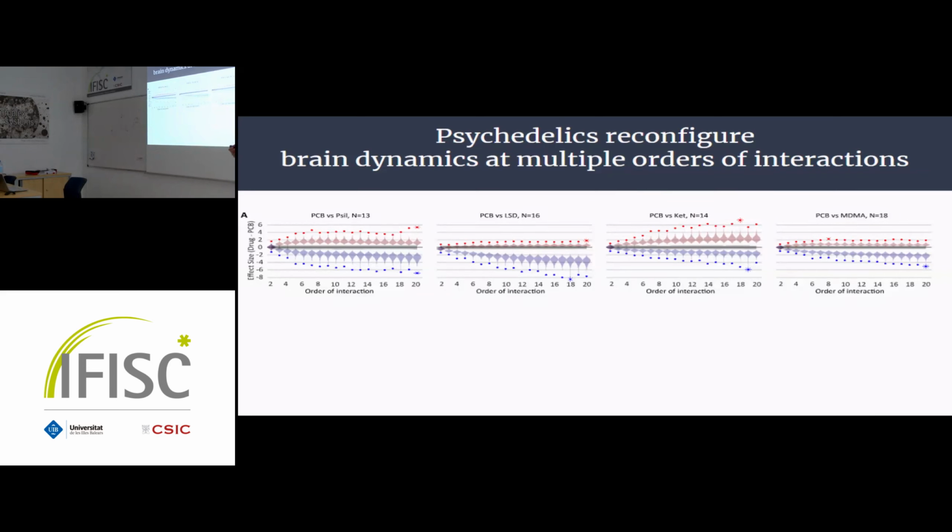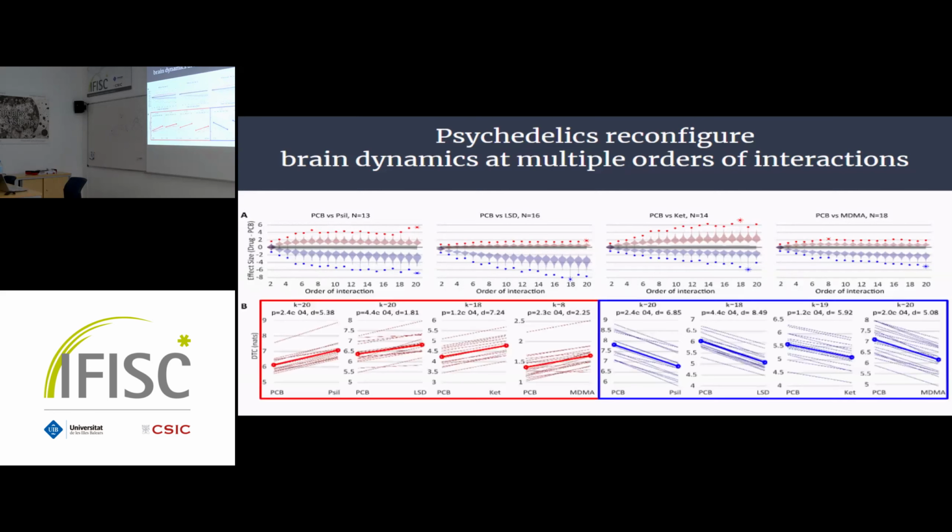And what we can see here is that psilocybin and LSD are dominated by hypoconnectivity. There are both things, hyperconnectivity and hypoconnectivity, but they are more dominated by hypoconnectivity. While ketamine is more dominated by hyperconnectivity, but also shows some kind of balanced profile. And MDMA, even when the effect sizes are way smaller than in LSD and psilocybin, we also see that there is a dominance of